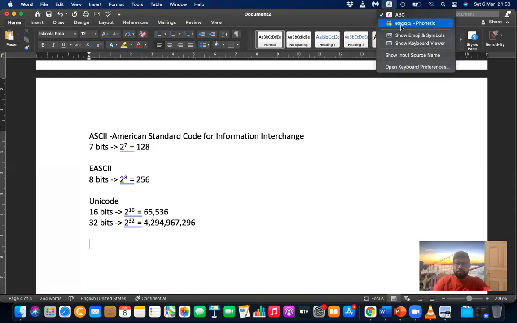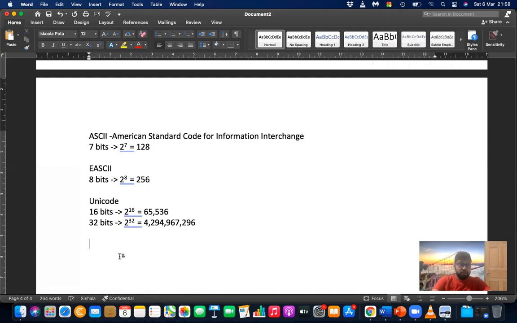I'm using the phonetic one, and mama. Then the English one in here. Next I want to write English. I'm not going to change the font, I'm just changing this input setting.